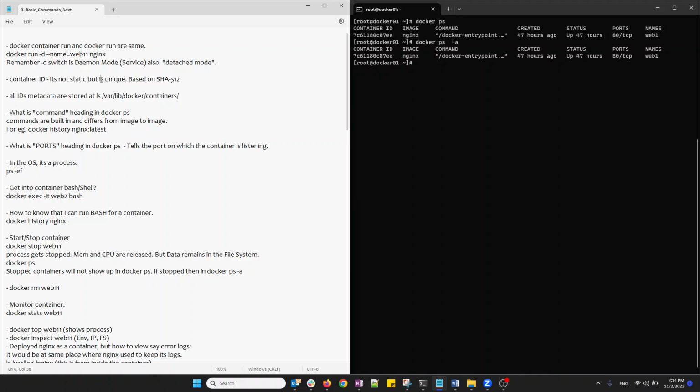It's just a daemon which is saying I'm running in a detached mode, which means that it lets you give the console access. Basically, the container runs in the background. Let's say I provision a container,